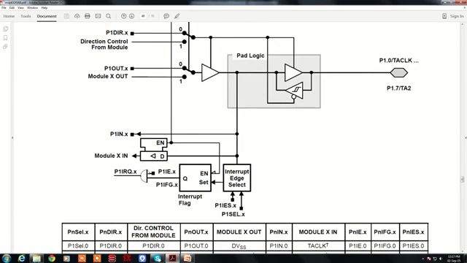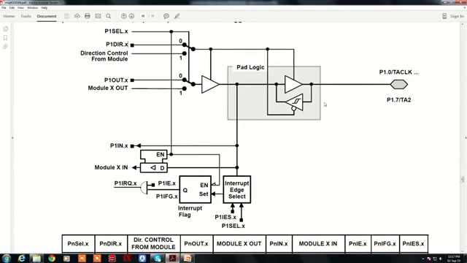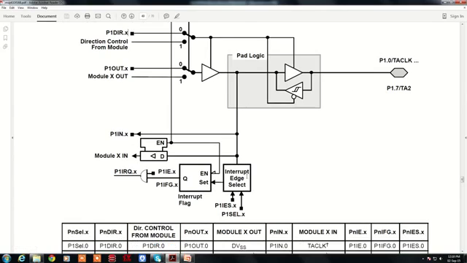Similarly, we also have a provision for using this in input mode, specifically only for input mode. You can also use it as an interrupt resource. That means whenever there is a change in state, first of all you can choose the sensitivity of that pin, whether edge triggered or level triggered. So sensitivity you can decide. After that, whenever an interrupt is received, the interrupt flag will be set and an interrupt request will be generated. So an ISR will be executed whenever an interrupt is sensed.